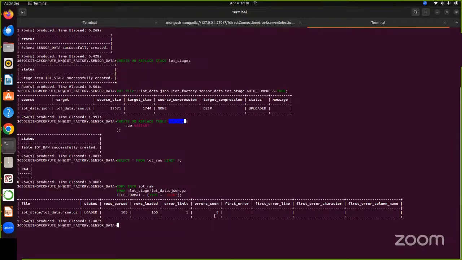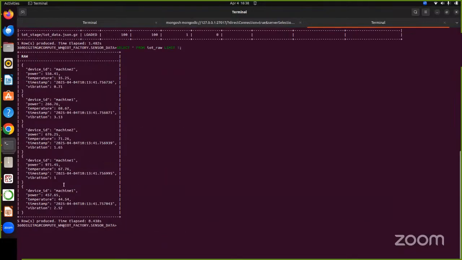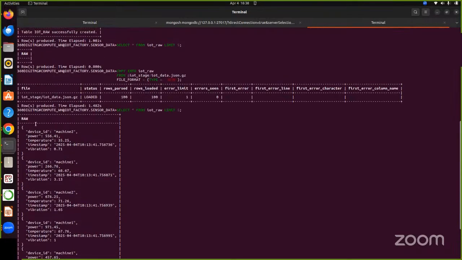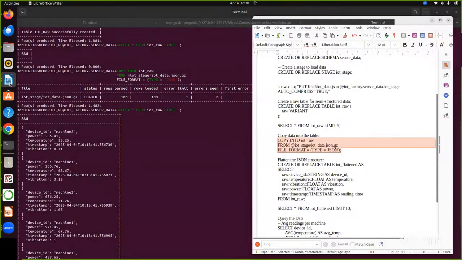Now you can see, no errors. Rows loaded. 100 passed, 100 loaded. Now again, select everything from IoT raw limit 5. Now you can see the things. Yes, device ID, mission 2. The table is showing you data like this, but in fact, in reality, our raw data,